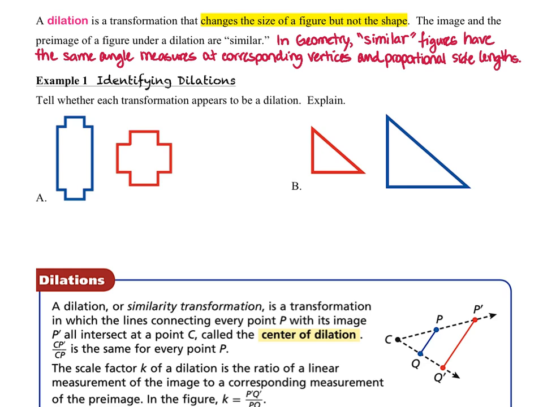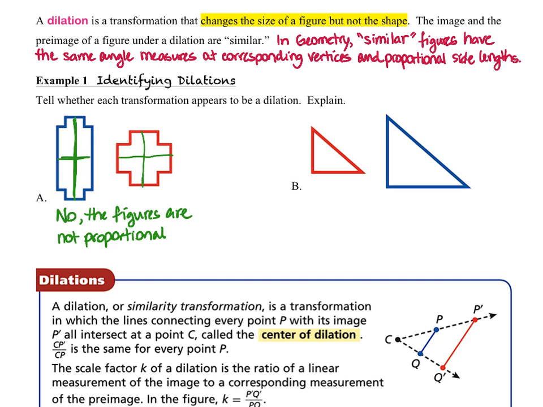In example 1, we want to identify dilations and tell whether each transformation appears to be a dilation or not, and then of course we have to explain. So in question A, these figures are definitely not proportional, so they cannot be dilations of one another. Proportional figures look exactly the same except that one is smaller than the other, but they have the same proportions. So in the right-hand side, you can see that this distance and this distance is exactly the same, where on the blue one on the left-hand side, the vertical distance is much longer than that horizontal distance,